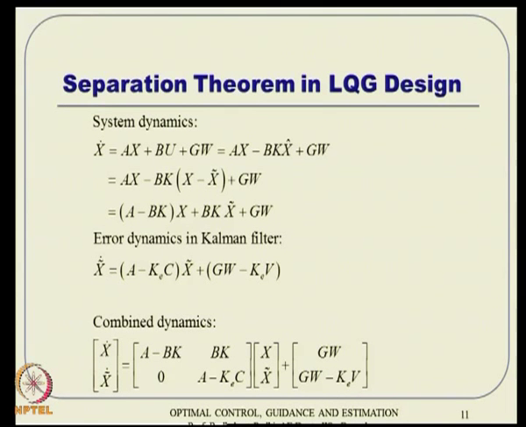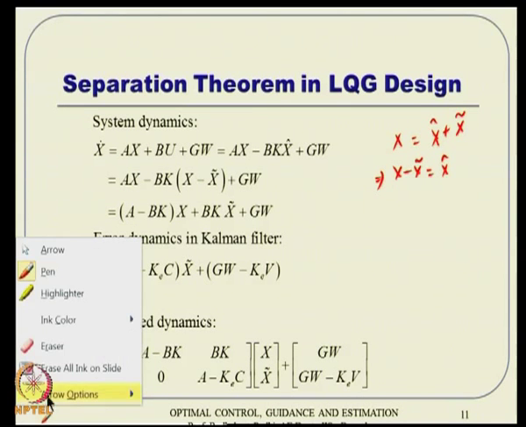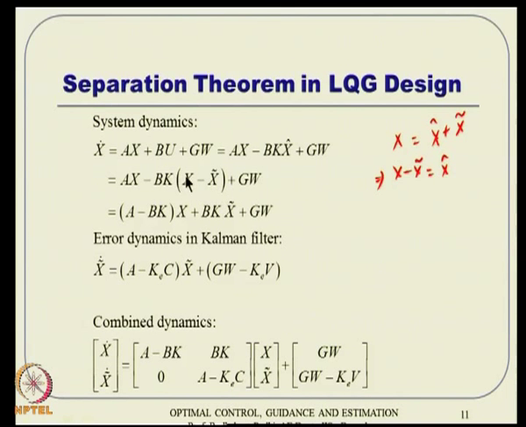then this quantity x can be retained here, and x hat I can represent as x minus x tilde, okay, right. It means our original state, remember, is the estimated state plus the error in the state. So, that is why this gives us that actually. Alright, so this one is put here as bk into x minus x tilde,